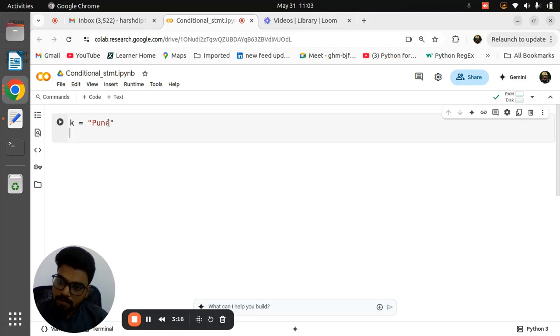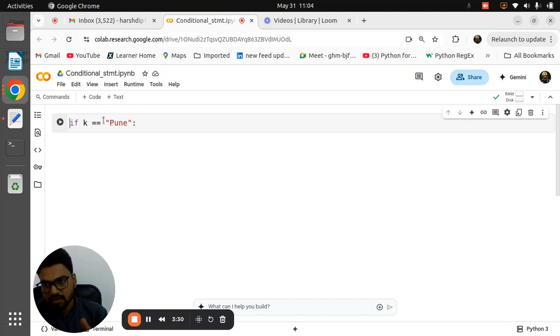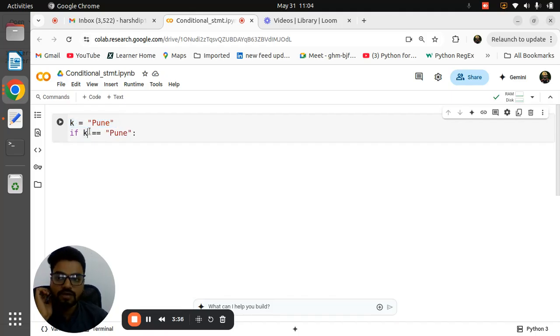If there is a Pune, then I will go, otherwise no. So I will directly do if k equal to Pune. If you don't want this, no problem. But as I am saying, we need to first declare the k, and then only it will go to exit. So for example, if k equal to Pune, and if k equal to Pune, then this is the